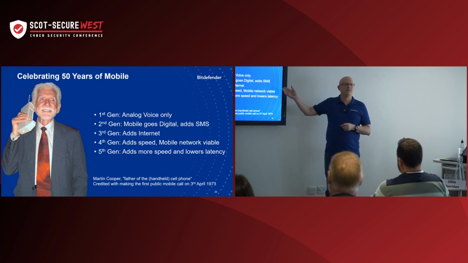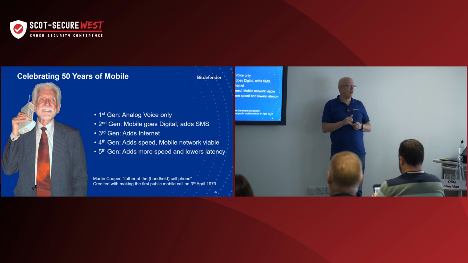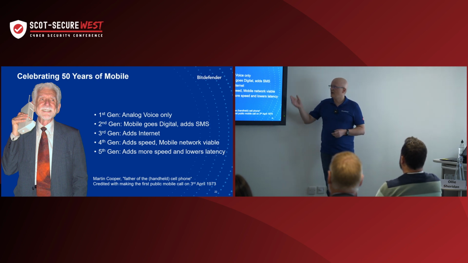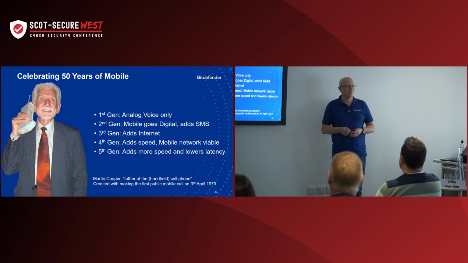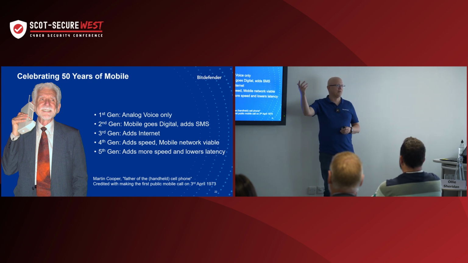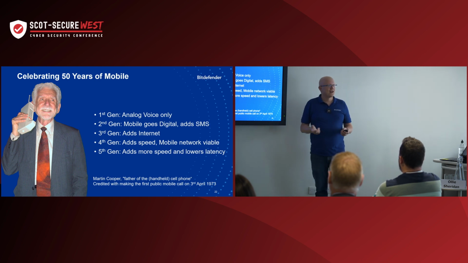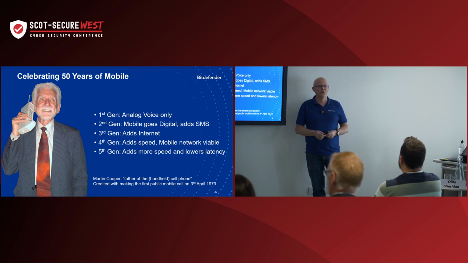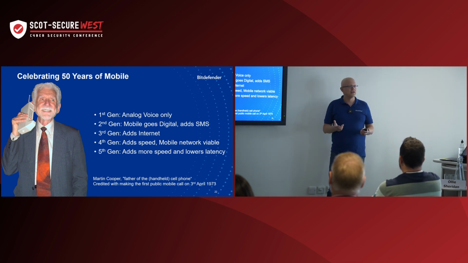But when the phone first came out, it was analog signals. And then that transferred into second generation mobile, which introduced digital transmissions, as well as adding SMS. I don't know how old the crowd is, but some people could probably remember a time when people were hacking into first gen mobile phone signals by simply listening to radio waves. Then with the third gen, with companies like 3, I don't know if people remember the launch of the 3 network, that really added in the internet. So that's when things started changing a little bit.